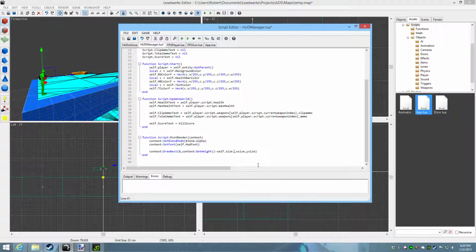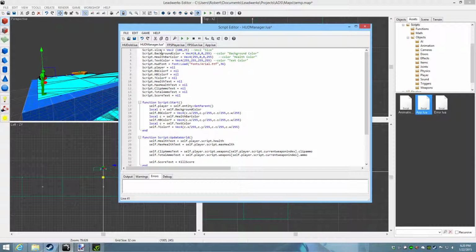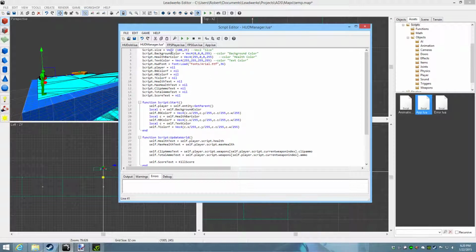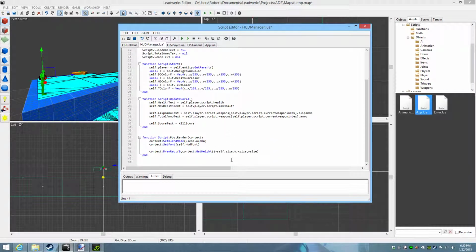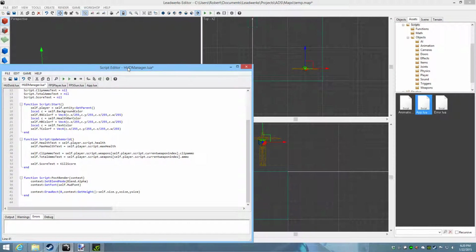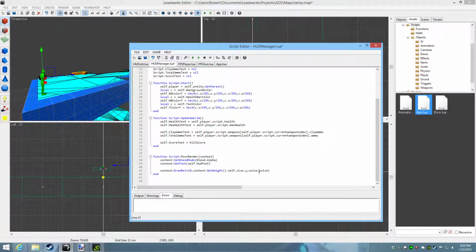self.size.y. By saying self.size.y, we pulled this size, this 25, and the second y is the second variable in a vector 2. So now we've subtracted that from the height, and what it'll do is line it up with the bottom corner of the window. Alright, and then